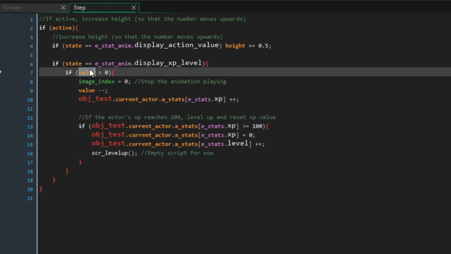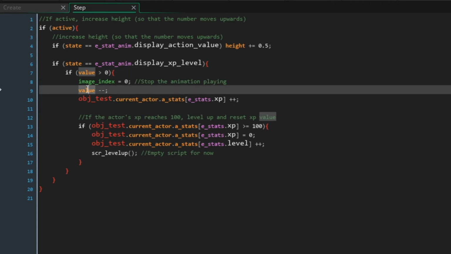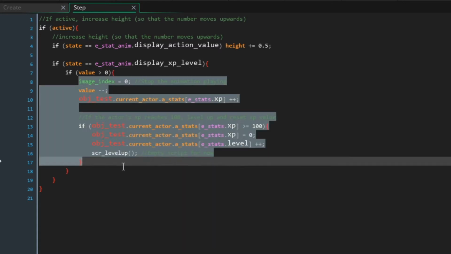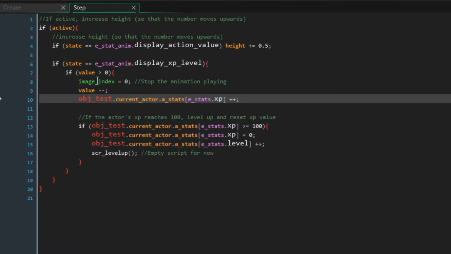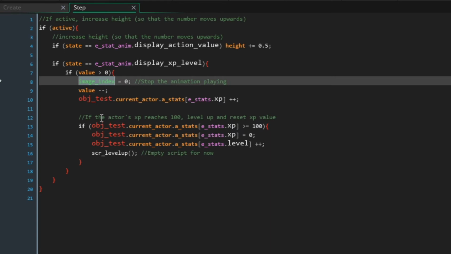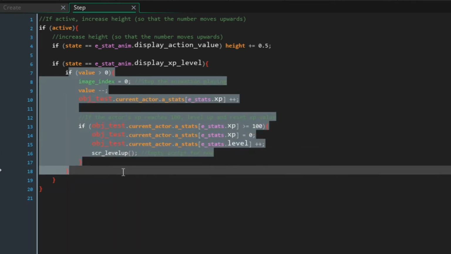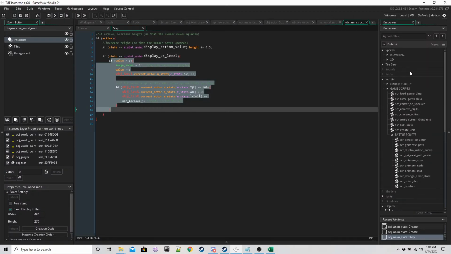Value is going to be greater than 0 to begin with, and every step we're going to reduce value by 1. Once value is less than or equal to 0, this is no longer going to run, and that's important because every step we're just resetting the image index to 0 for this instance. That's going to stop the animation playing. What that means is it doesn't matter how much XP the guy has got, that's going to run first, and once all the XP is done and been displayed, then our sprite